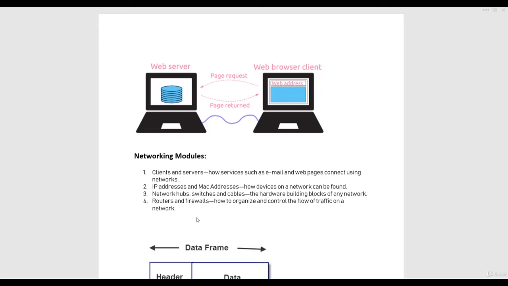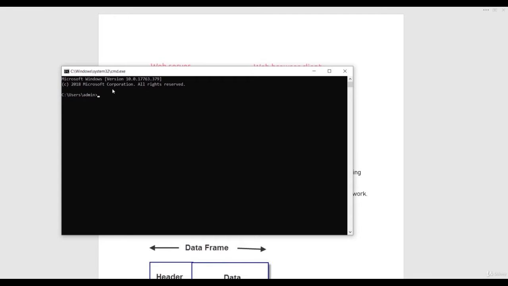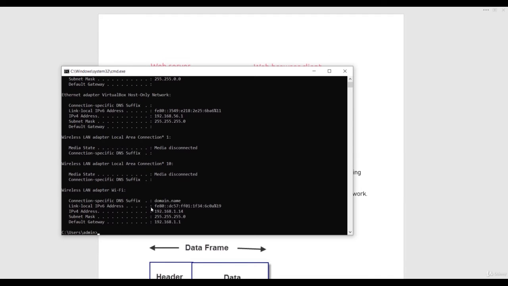So now let's see how we can get the IP addresses and MAC addresses with Windows. First of all, let me open the command prompt, and if I just type ipconfig and hit enter, you are getting these connections of Wi-Fi, and it is with the LAN adapter. And you can see the two addresses over here. One is the IP address of this machine, and the next one is your MAC address. This MAC address is different on different computers, so you will have different MAC addresses and IP addresses, and based on these MAC addresses the information will be given to the particular computer correctly.